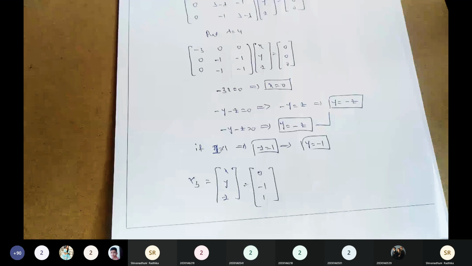Next, we go for the next step. What is the next step? Step 3. Find the capital P matrix. Now what is the capital P matrix? In this orthogonalization, capital P is the normalized vector. Is it clear to all of you? Normalized matrix. Now where x1 equals to, what is the first eigenvector? 1 0 0.